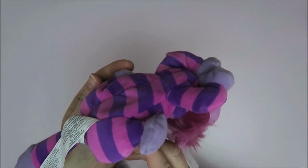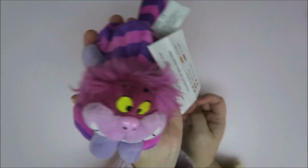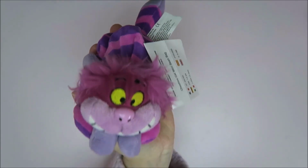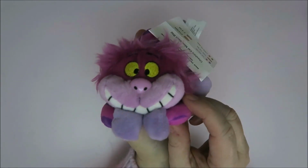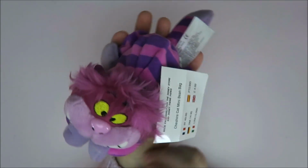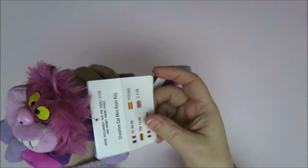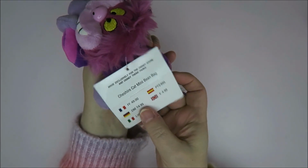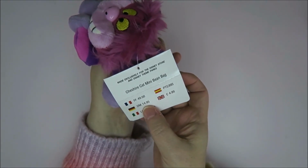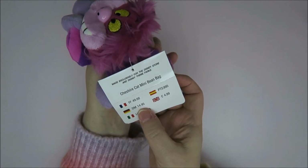Look how gorgeous. I just love the way this looks from this side. It's a weird Cheshire. I've never seen a Cheshire like this. It's cross-eyed for one thing, and it is a really weird grin, and it's just a fun little thing. Yeah, I paid $6.50 for it, so that was a really nice price. It used to be, I think the German mark was closer to the guilder. I have no idea anymore. It's been 20 years, so...